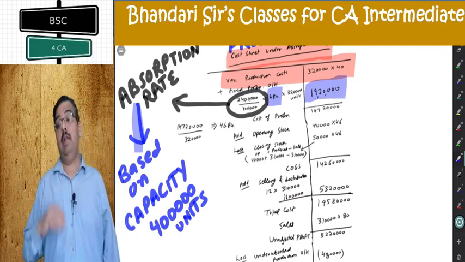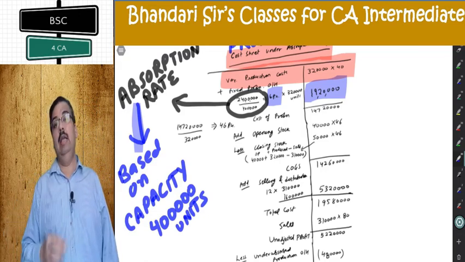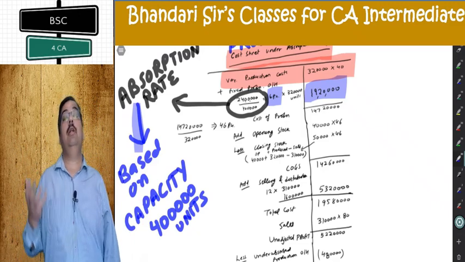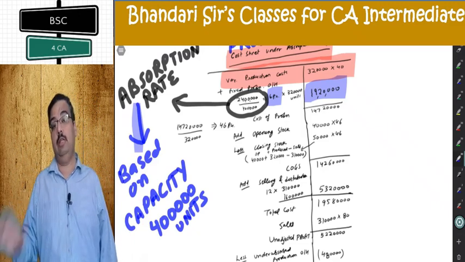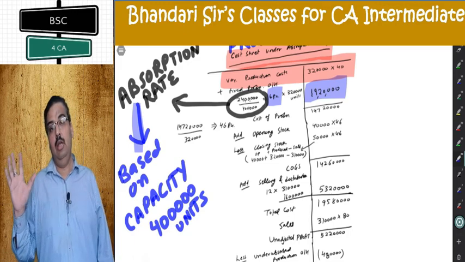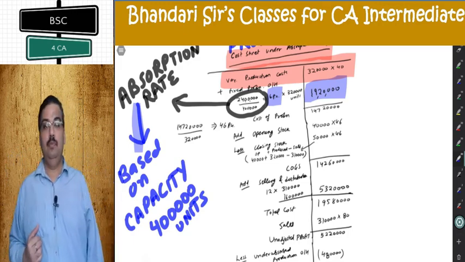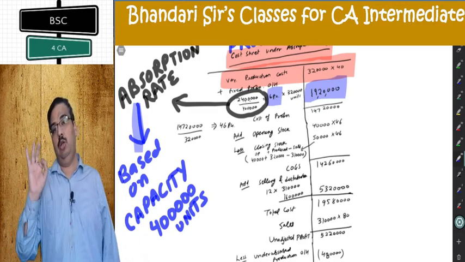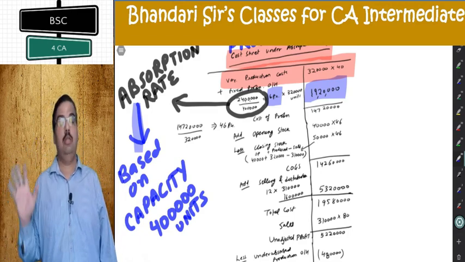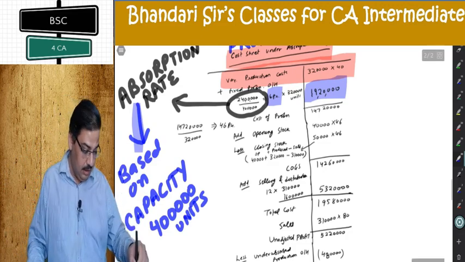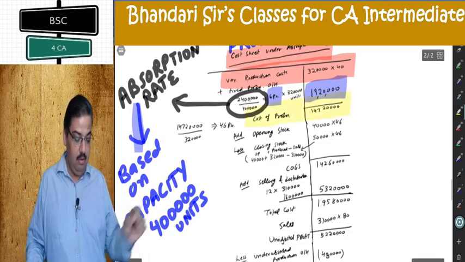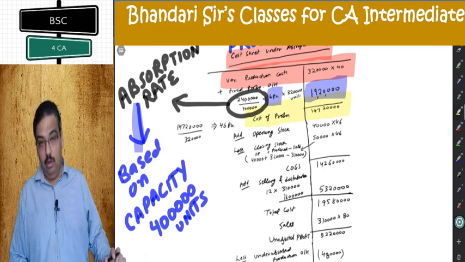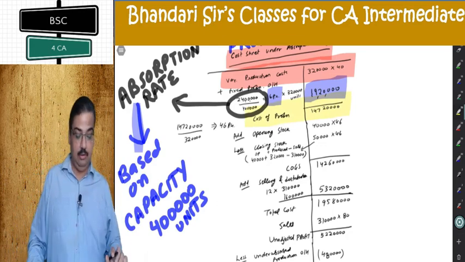This is something you get much more in detail in the chapter of overheads. How to do absorption and why it is based on capacity, everything you get to know in the chapter called overheads. Here you are only getting the application. In cost sheet chapter also you understand this. In overhead you get the total details of overhead absorption concept. Having reached there, I am getting cost of production 1 crore 47 lakh 20,000.